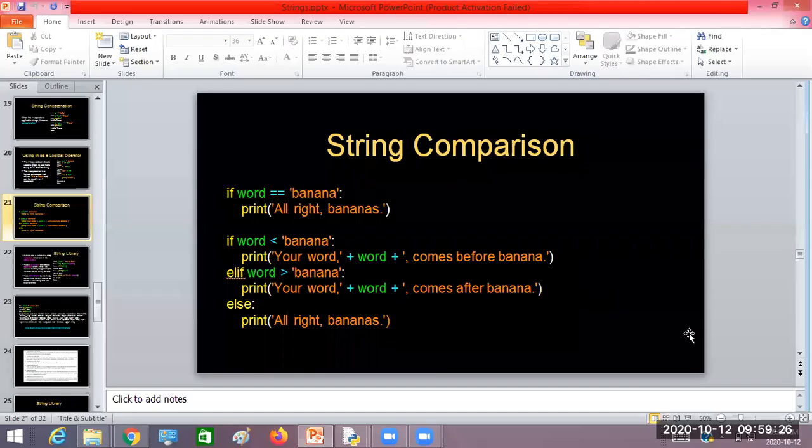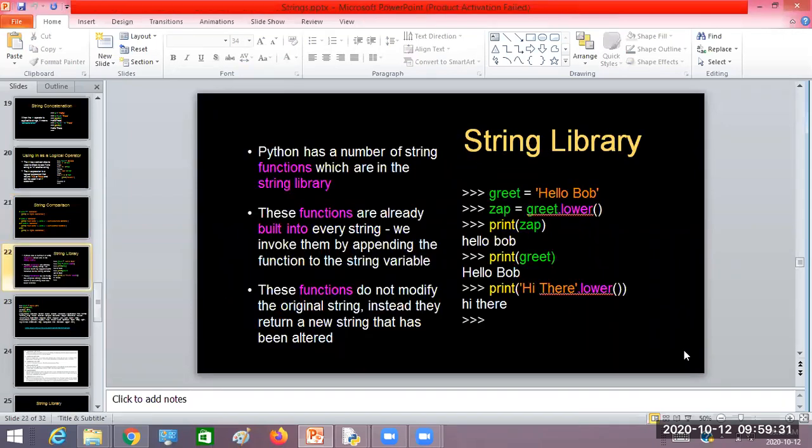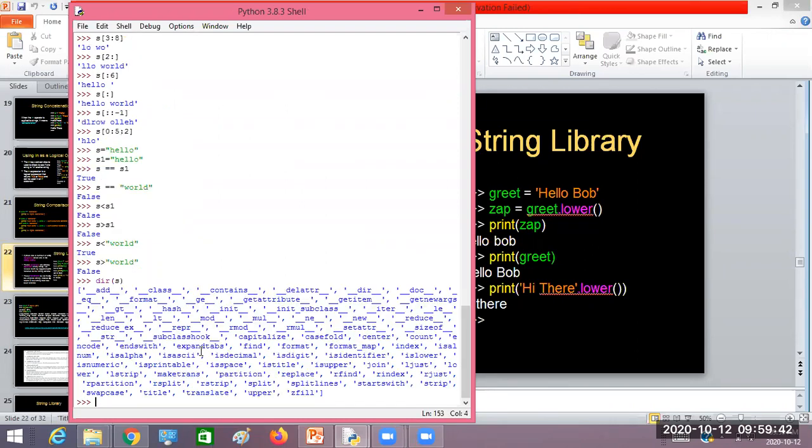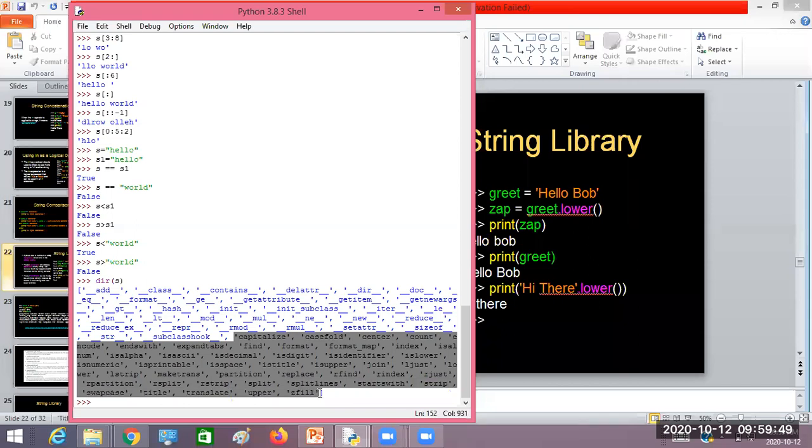Let us take the next one. Now we'll come to the library. So many functions are there. To know what functions are available to work on strings, just execute dir. Look at the number of methods available to work on strings: capitalize, casefold, center, count, encode, endswith, expandtabs, find, format, so many functions.